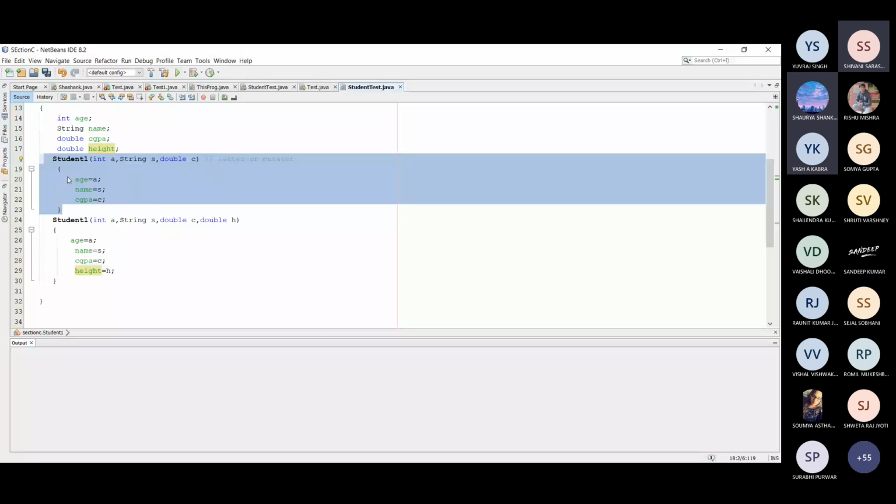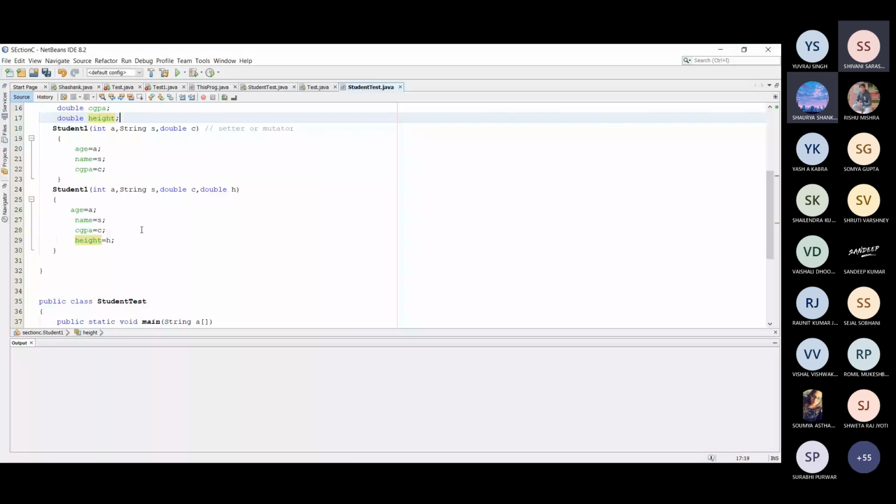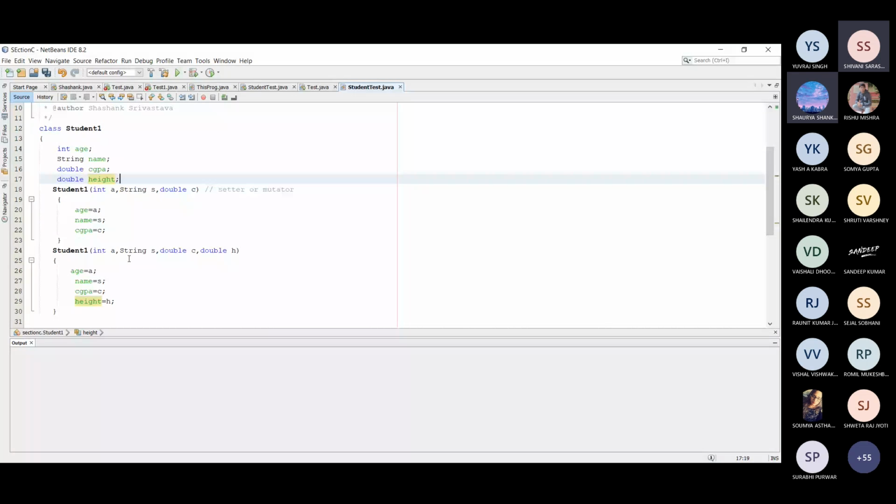Suppose this is the program which is provided to you, for the creation of multiple student objects, and each student has the properties age, name, CGPA and height.